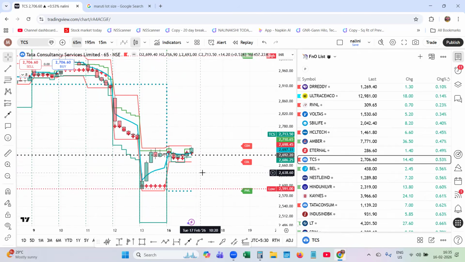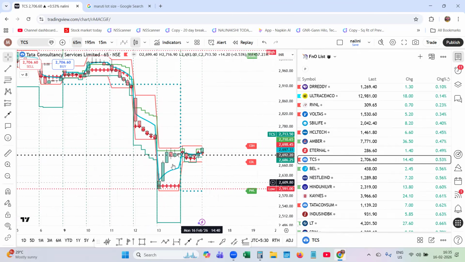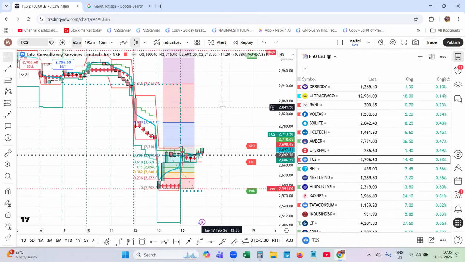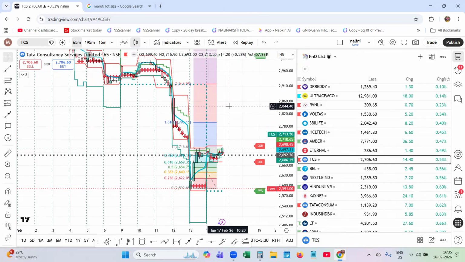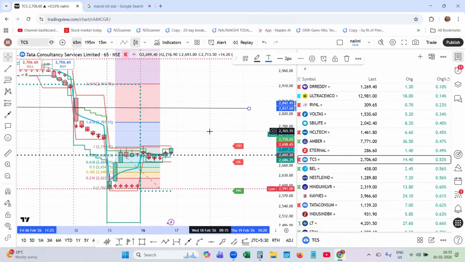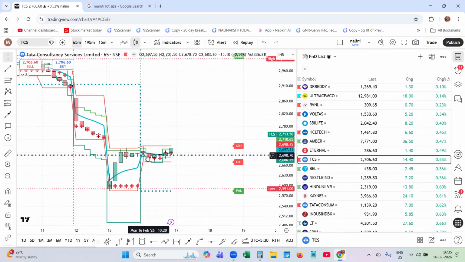2697, 2706 it has closed, and since this fall is an imbalance fall, just moving down like anything, we can measure this and anticipate 2793 to 2844. We'll see. We can anticipate the reversal pullback in the TCS because after the consolidation,